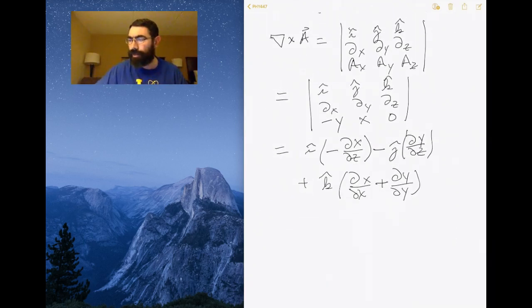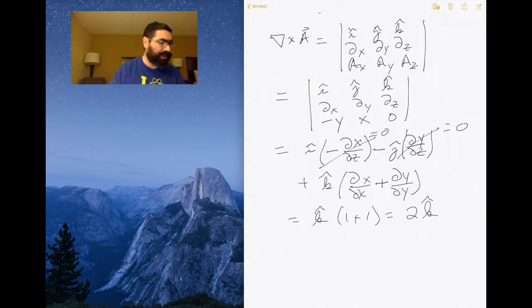Okay, so the derivative of x with respect to z is 0. This one is 0. This one is 1 plus 1. So I get k, 1 plus 1, or 2